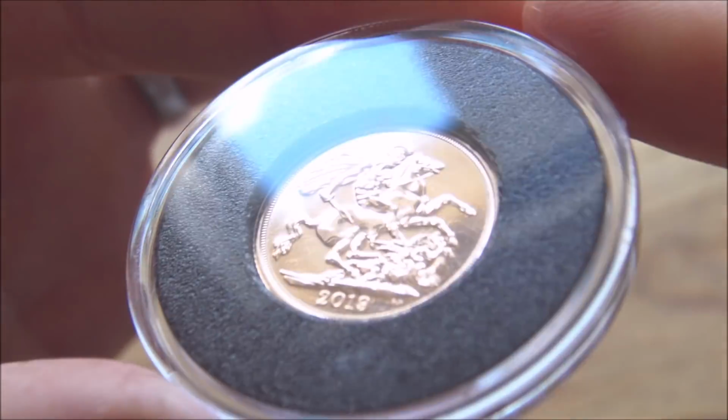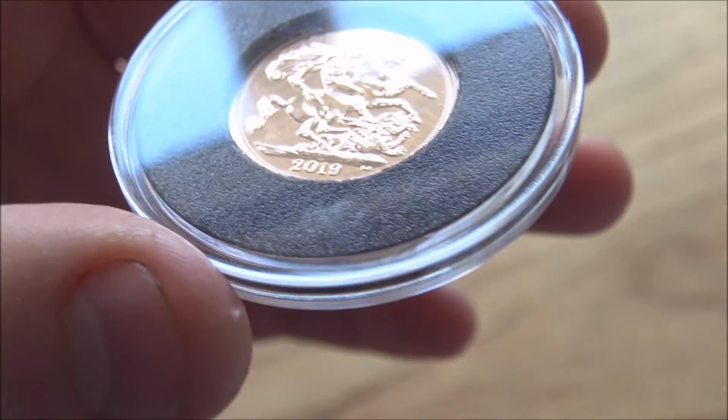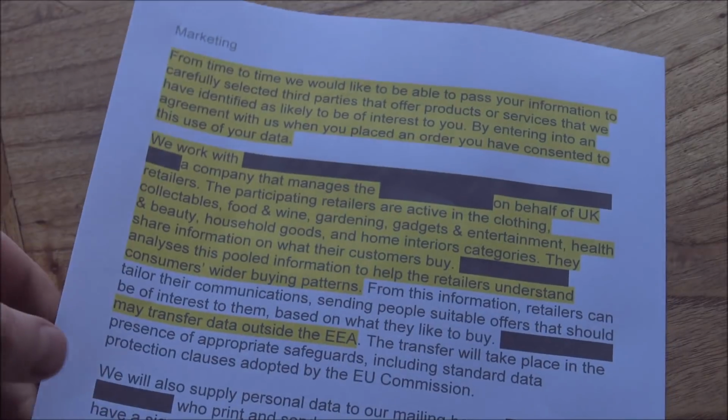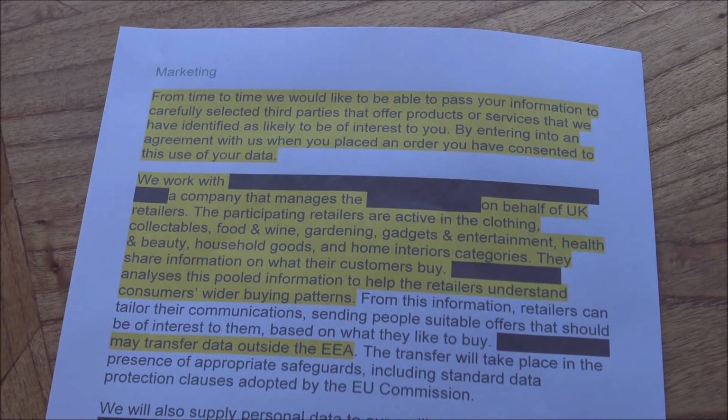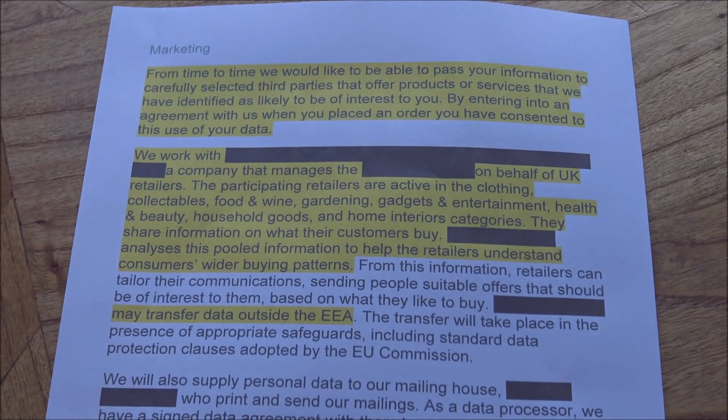I was very curious to see what the company's marketing policy was. So I've had a look and I've had a printout of it. Now, as I said, I'm not naming the company in Word. I don't think that's really fair, because there are lots of other companies out there that do exactly the same thing, and I've redacted some of the particular elements in this policy which relate to certain companies, because ultimately none